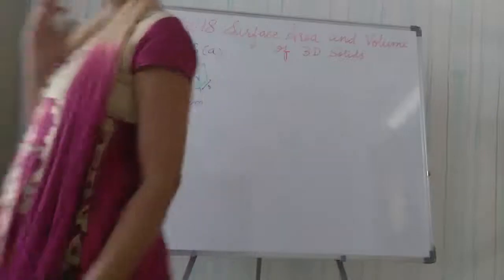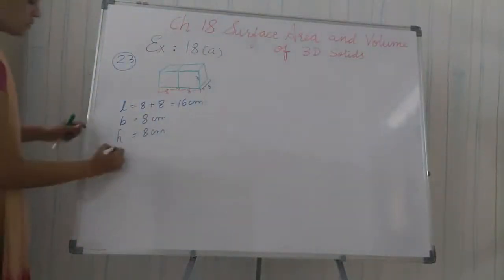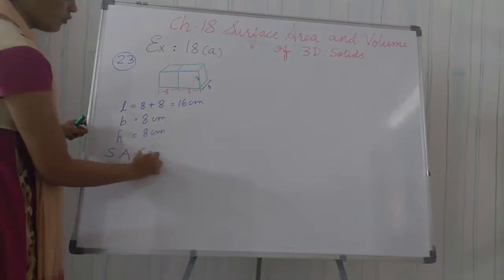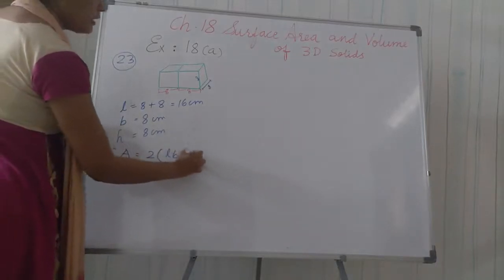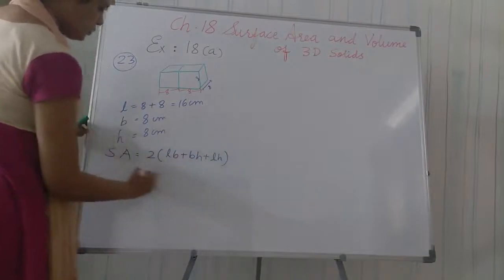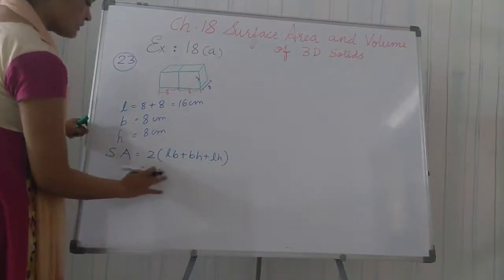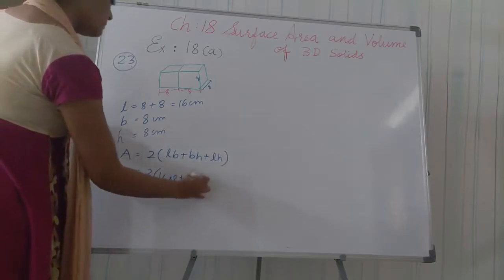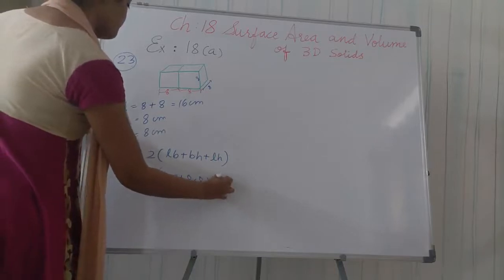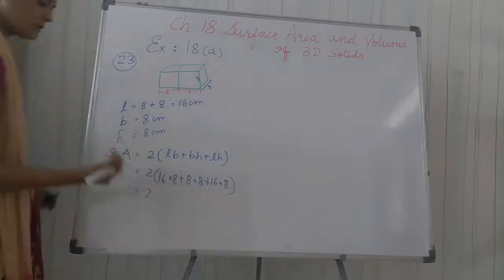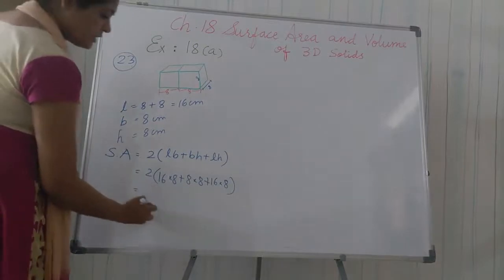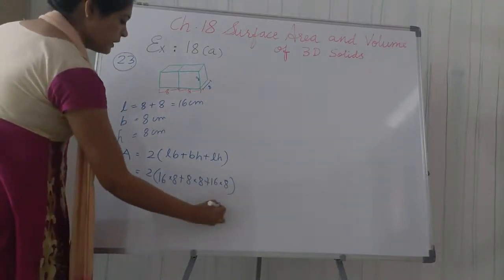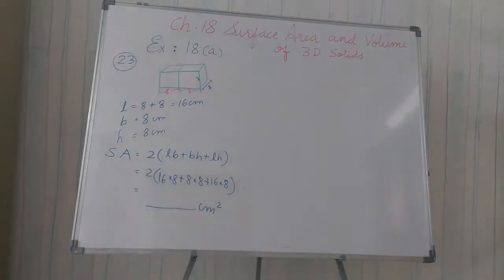So this way you have to think in your mind how we get this. Now we have to find the surface area of this cuboid shape. So surface area is equal to 2(LB plus BH plus LH). Now substituting the values here, this is 16 times 8, 8 times 8, plus 16 times 8. Now calculating, we will get our surface area. So I am leaving it up to you students. You can find this by yourself in centimeter square. This is the method you should understand, how to find this by arranging the 2 cubes together.